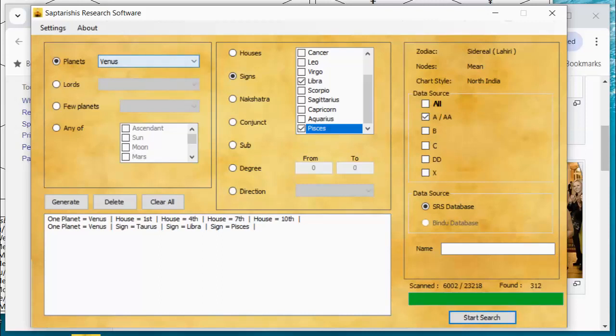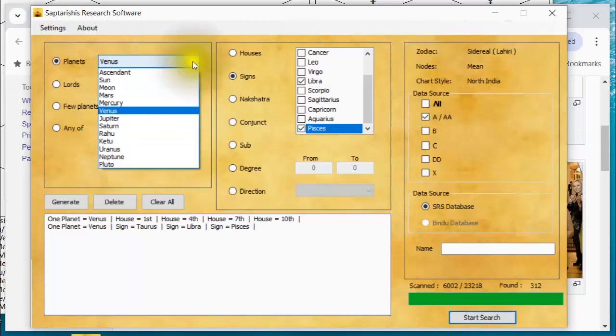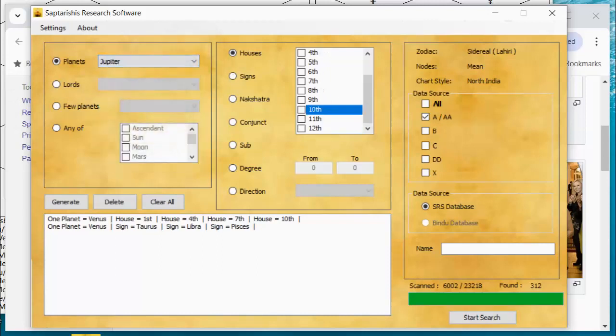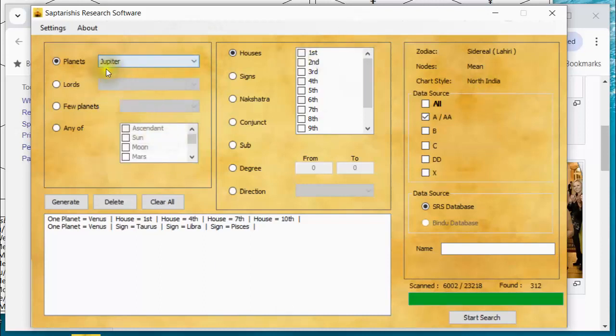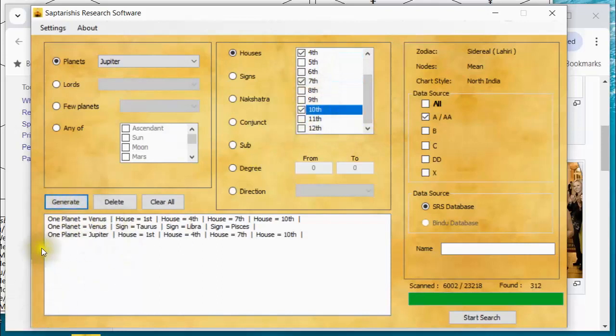So for that, I have to go back to my key ingredient here and say, I want to talk about Jupiter. Let's find Jupiter. Here's Jupiter. And so what's the deal again? How is Hamsa yoga formed? Jupiter must be in a kendra, 1, 4, 7, or 10. Let me do that first. Jupiter, oops, see that changed. What happened? I didn't click on that. So there's Jupiter. Jupiter active and greeted. I want it in the 1st, or the 4th, or the 7th, or the 10th. That looks right. Let me hit generate and then read my line. Jupiter in 1st or 4th or 7th or 10th. Yeah, that's good. Let's continue.